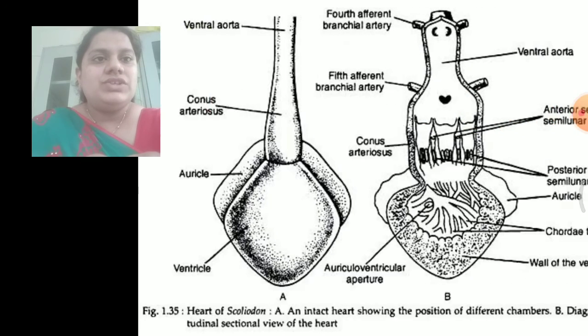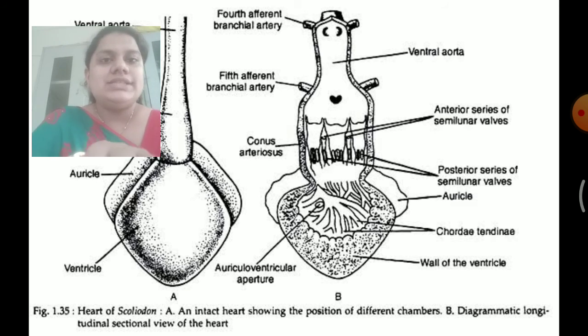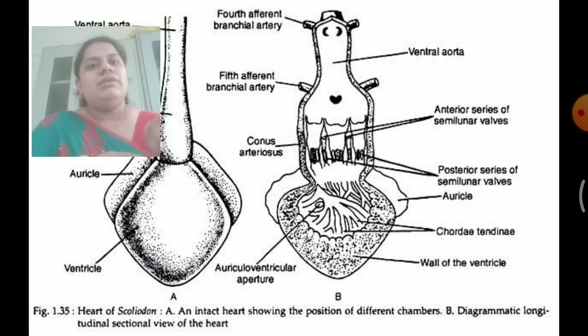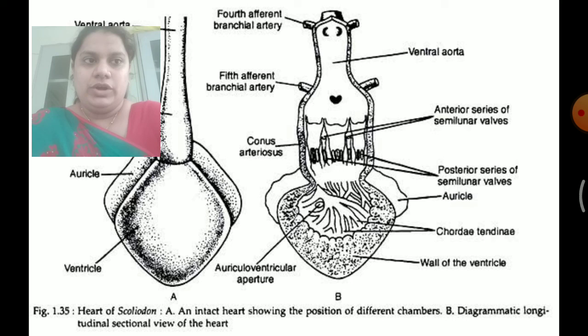From the ventral aorta, it goes to the branchial artery. Through the branchial artery, the blood reaches the gills for oxygenation. Whenever dissolved oxygen enters the body of a fish, the exchange of gases is done by the process of diffusion. This is how the exchange of respiratory gases, that is carbon dioxide and oxygen, takes place. Then the dissolved oxygen taken up into the body is supplied to the different parts of the body.